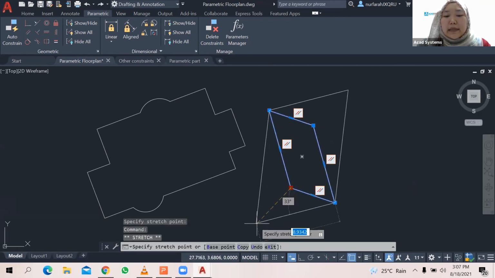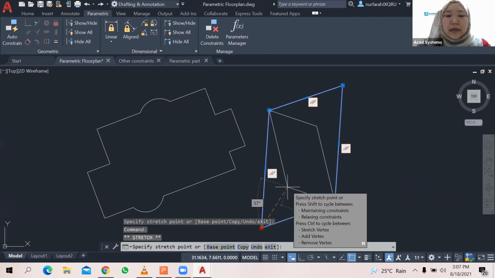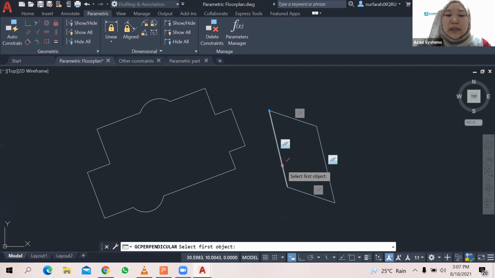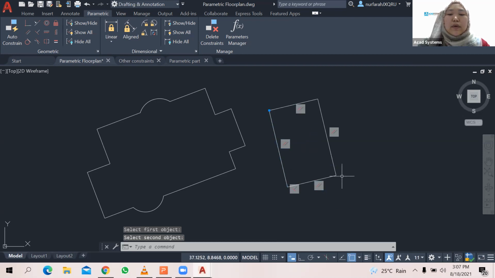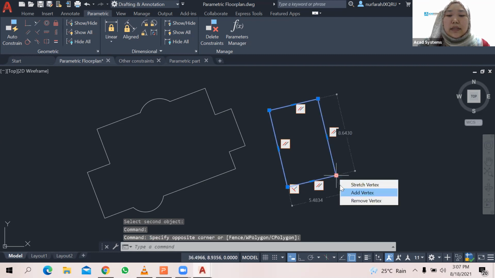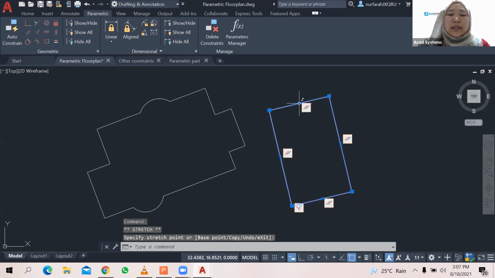It always becomes parallel, right? And then, okay, but next, I think I want to make it become a rectangle. So that means this line and this line will become perpendicular. So just use this one, perpendicular, and then choose this line as the first object, and then this line as the second object. So you see, if I move the point like this, it will always become a rectangle. It doesn't change,